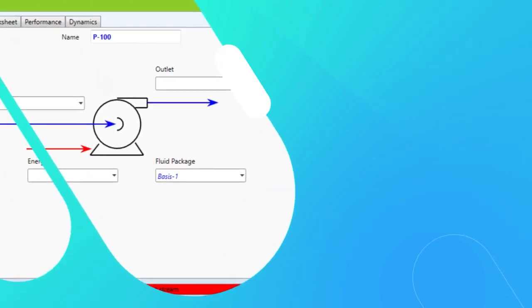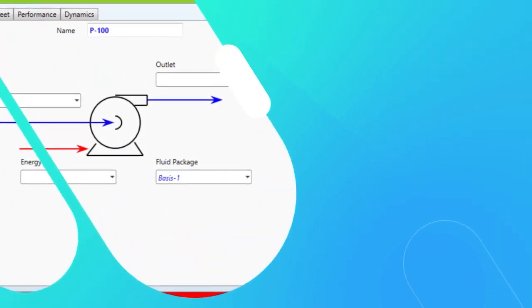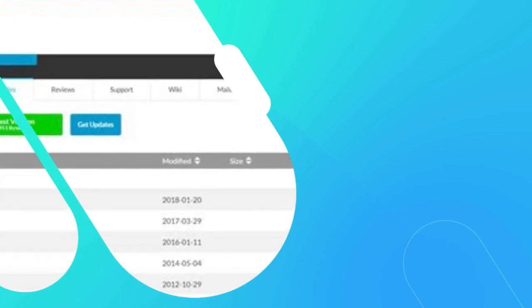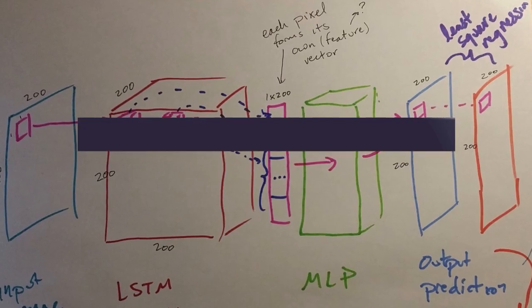Use a web application framework. If you want to build a web application that serves predictions from your TensorFlow model, you can use a web application framework such as Django or Flask to build the application and deploy it to a web server. Use a desktop application. If you want to build a desktop application that uses a TensorFlow model,